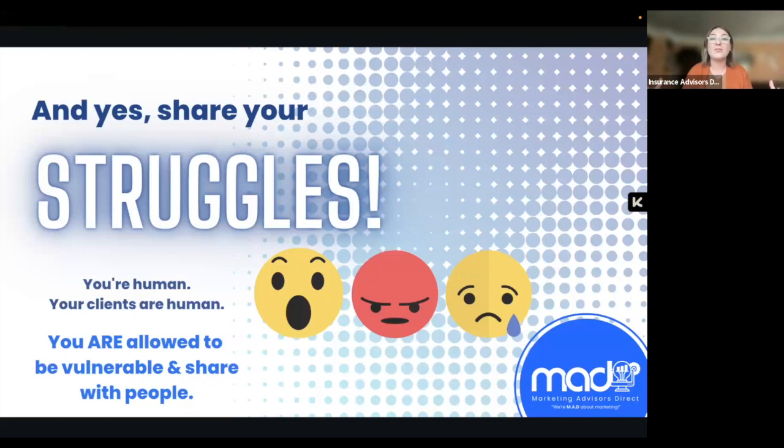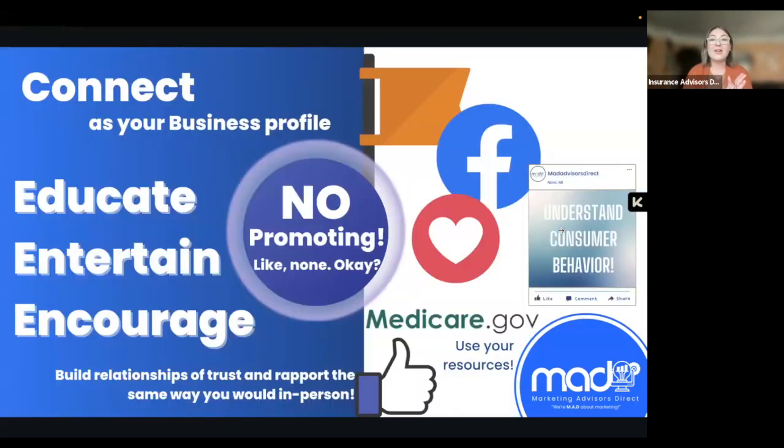And it's a great way for people to come together and support one another and build a community. Think about what this relationship would be like if you were to do this in person. You're doing this virtually through a group where there are tons of other people that can come together and support one another. So when you are connecting in Facebook groups as your Facebook business profile, you are there to educate,